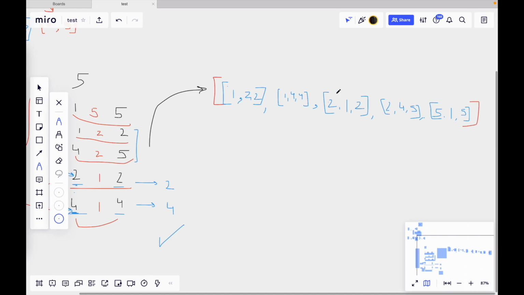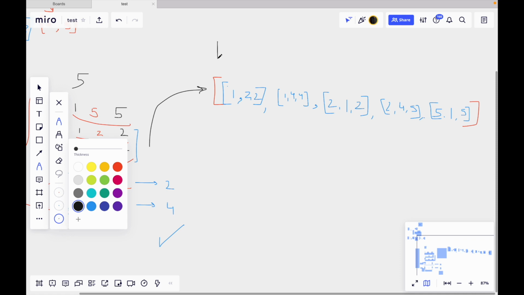Now in the answer, what I do is I have maintained another array which is called done, and which is equal to the elements which I have taken till now. So how many elements are there in total? In this case there are 5 elements, 1 2 3 4 5.